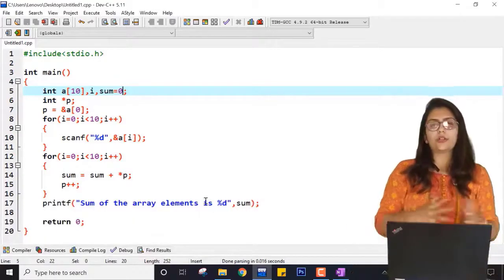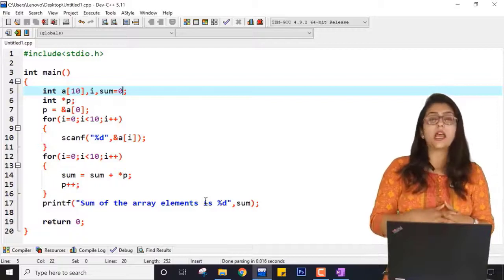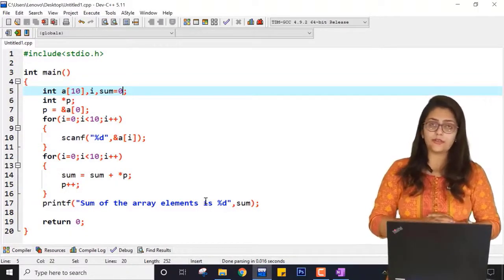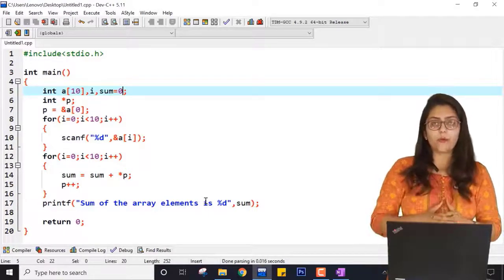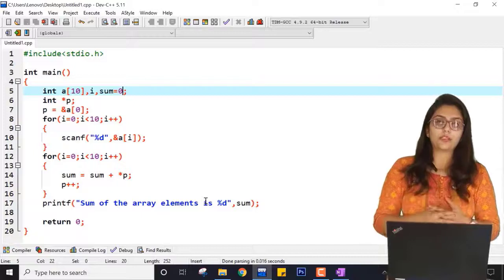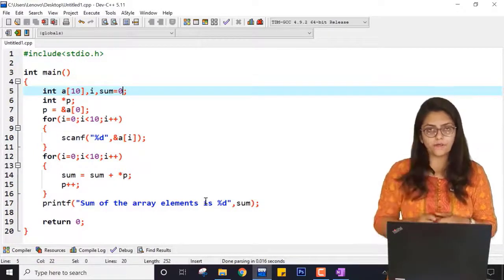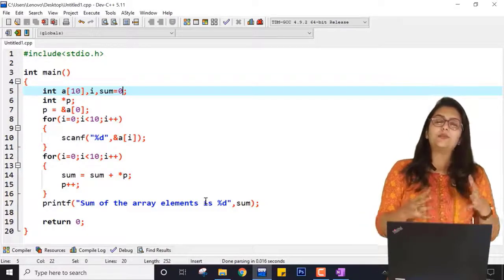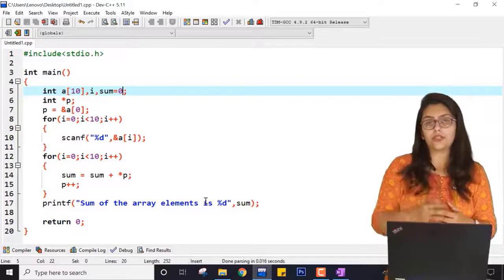So this is how you can use pointers in order to perform the practicals. But pointers are really very memory efficient. And at the end of this video, or at the end of the practicals, I would like to talk about when pointers are important. Basically, when we are doing the practicals of structures, at that time I will tell you, because at that time it will be very easy for you to understand why pointers are efficient, right?